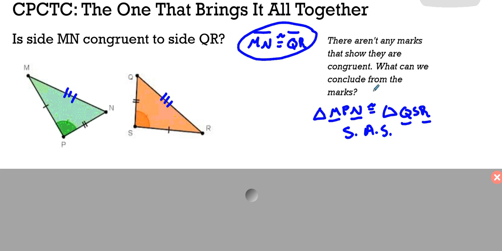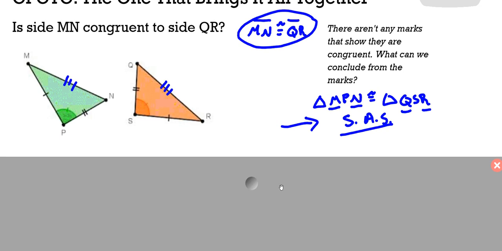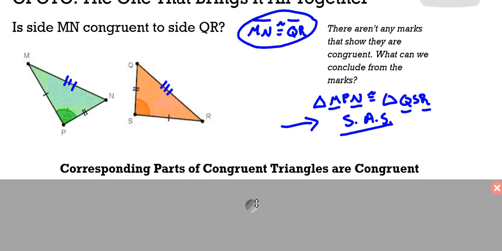How do we take this statement, now that we've proved this, which is only a statement about triangles? Side, angle, side, side, side, side, hypotenuse, leg, all of those are statements that prove triangles are congruent. We're not trying to prove triangles congruent. We're trying to prove that parts of the triangles are congruent. So if we have first established that the triangles are congruent, we can then say that side MN is congruent to QR for this reason: corresponding parts of congruent triangles are congruent, or more succinctly,